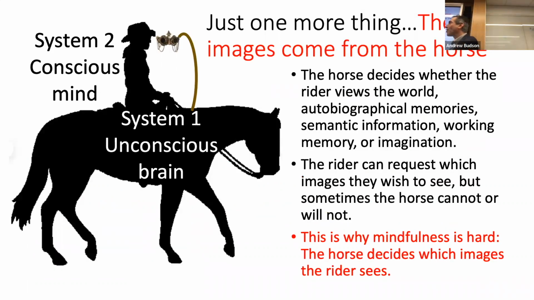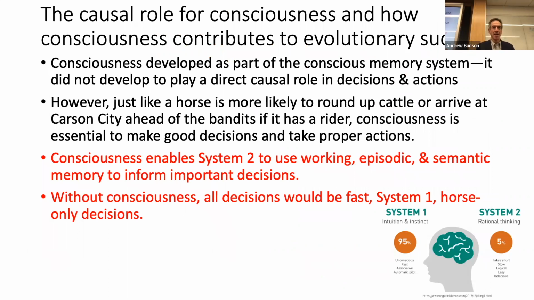But there's one more thing. The images are coming from the horse. It's the horse that decides what images the rider is going to be seeing. And this is why mindfulness is so hard, because it's the horse that's deciding on the images. All right, so